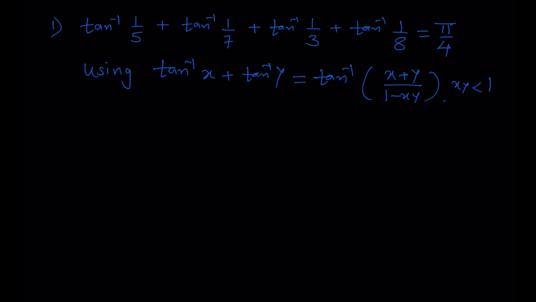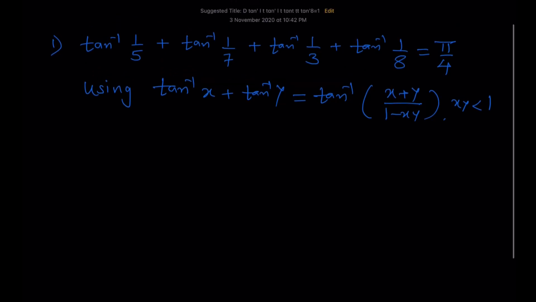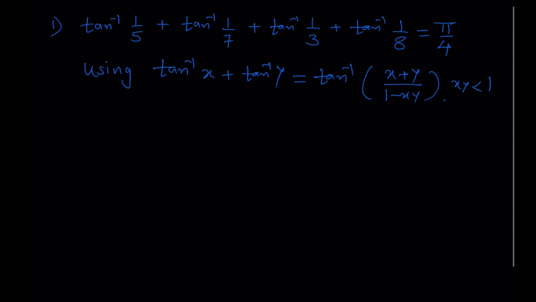Now here you will observe that when you consider the first two terms, x is equal to 1 by 5, y is equal to 1 by 7, and you will observe that xy is less than 1. Similarly for the next two terms, 1 by 3 into 1 by 8, again it is less than 1. So we can directly use this property. Using this property, let's say LHS